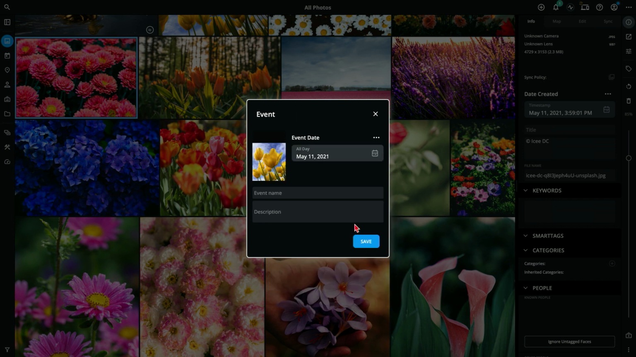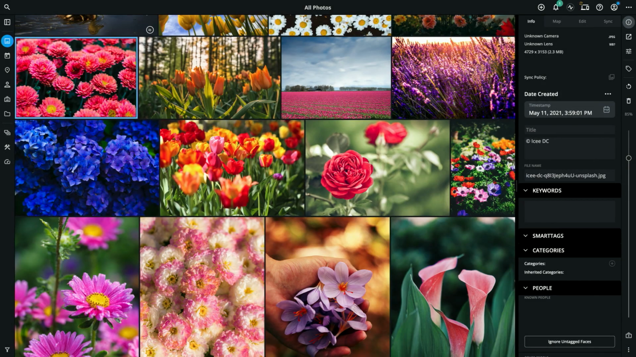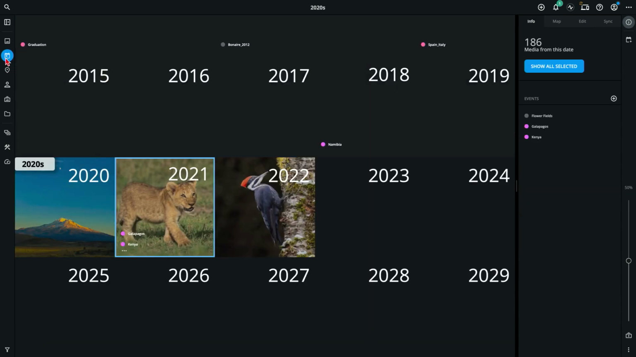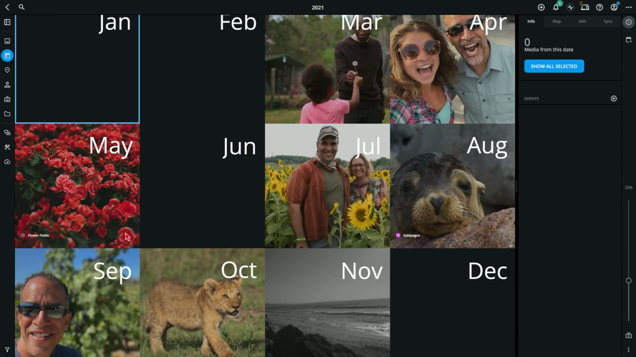Click Save, and you can go ahead and enter an event name. We're going to enter Flower Fields and hit Return on the keyboard or click the Save button, and now we've created our event. Next time we go over to our calendar view, and into 2021, you'll see we have a